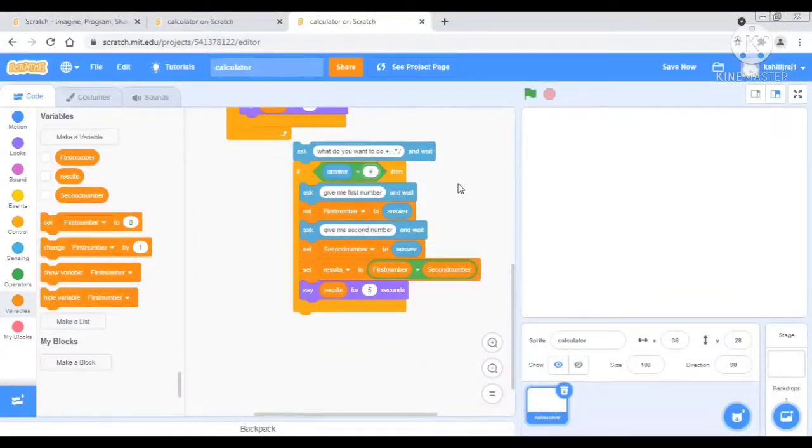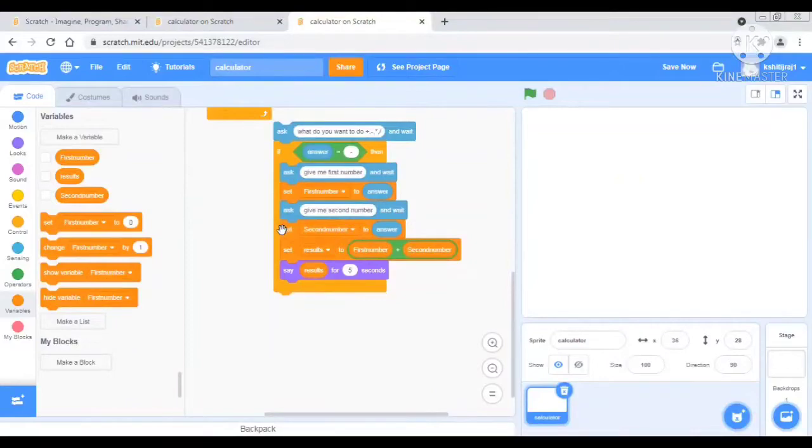Now we are doing minus, so we will put minus, then same: give me first number, then set first number to answer, then give me second number and wait, and then set second number to answer, and then here set results to first number plus second number.